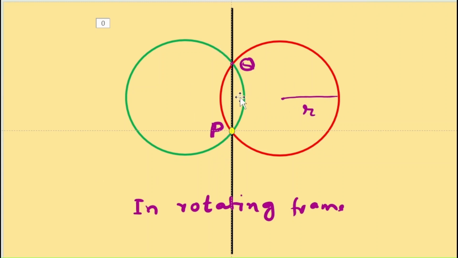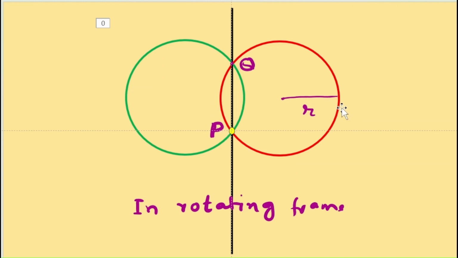Meaning, in which direction this green circle is rotating, in the same direction the reference frame is also rotating about the same point P. But this reference frame is rotating with angular speed omega by 2. The angular speed of this green circle in the clockwise direction is omega with respect to the ground frame, but with respect to this rotating frame it will be omega by 2,